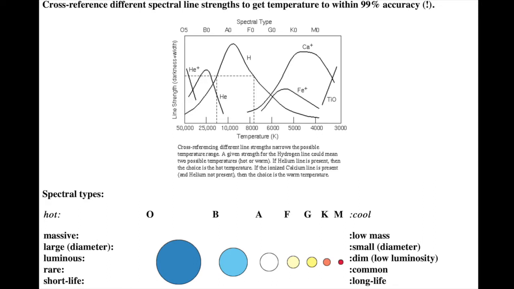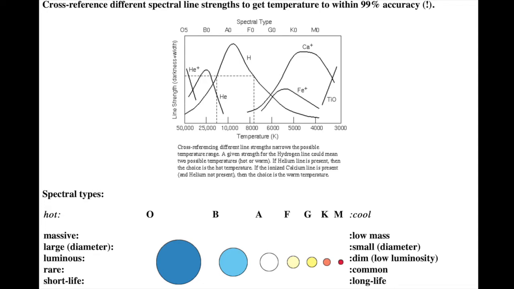The spectral types in order of their temperature from hot to cool is O, B, A, F, G, K, M. As the lecture outline says, memorize the order. The memory aid I use for the order is Oh, be a fine girl or guy, kiss me. You choose the gender. If you memorize the order, then you will automatically know a lot about the stars because